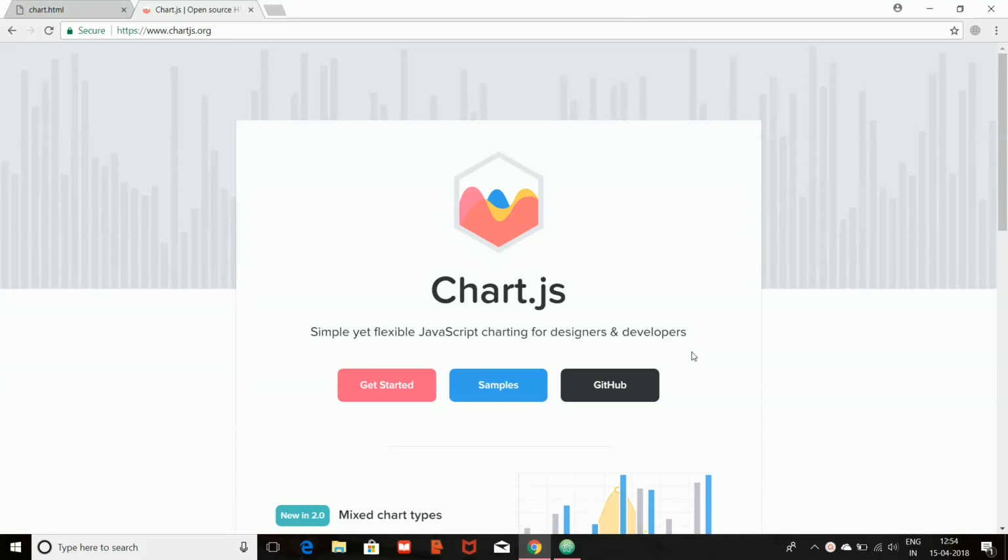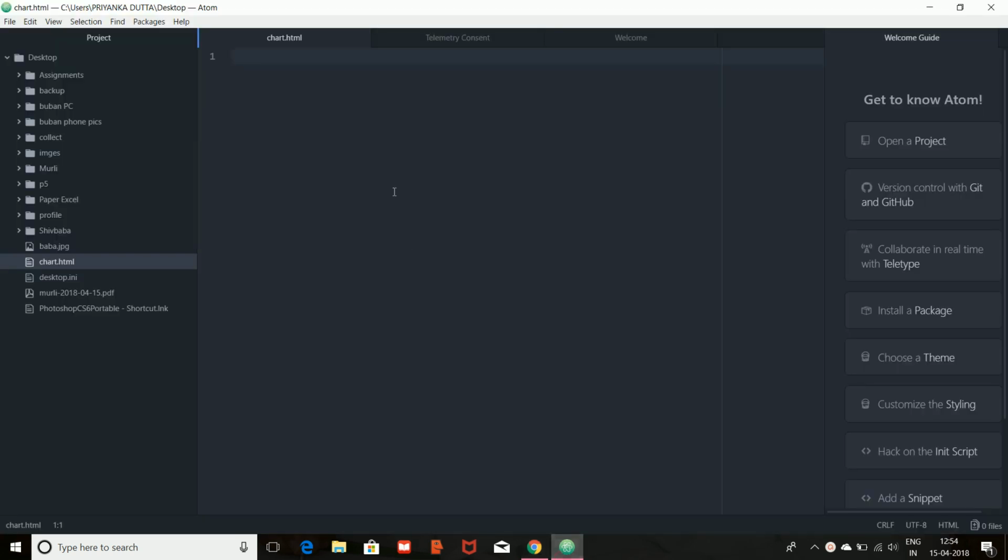Hello everyone, today I will be showing you how to implement Chart.js in your projects. So first of all, I have created a simple HTML file and this is the file I am running it on